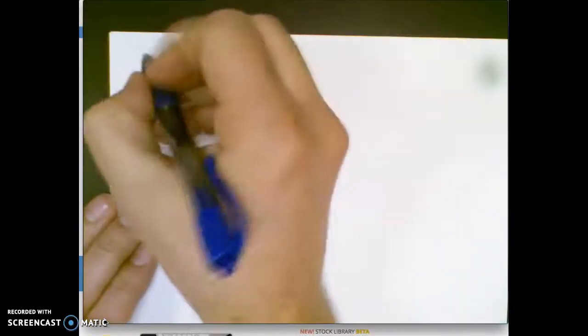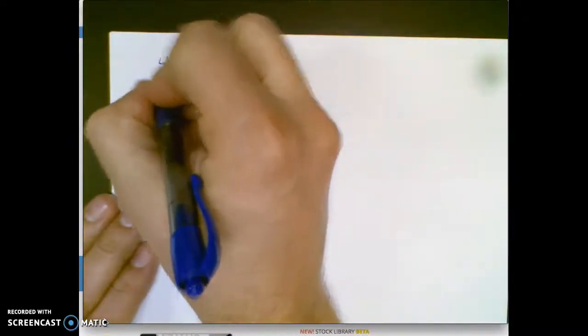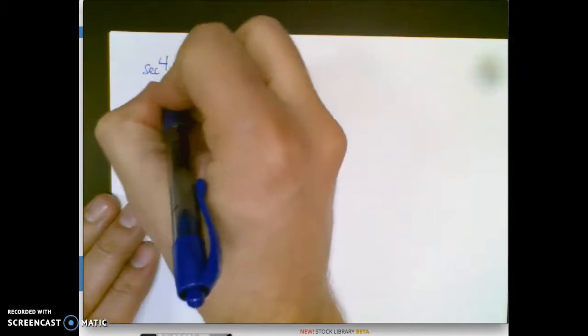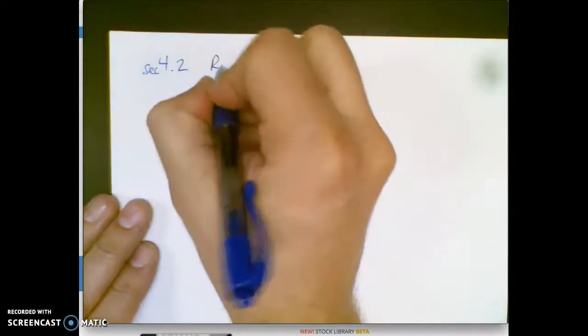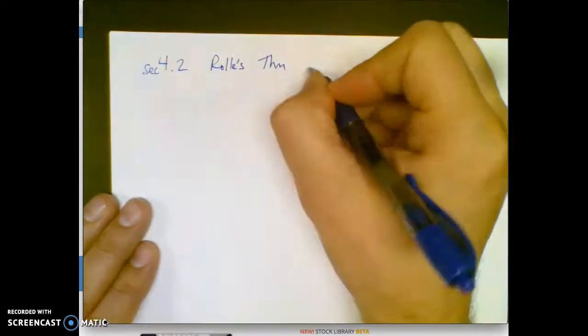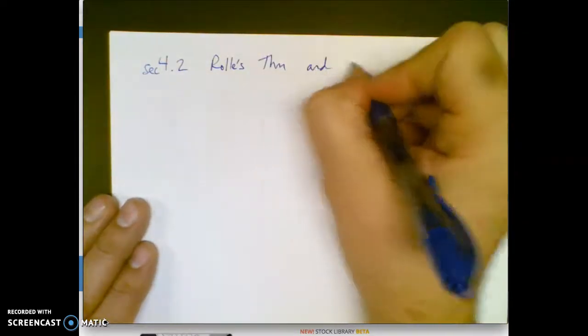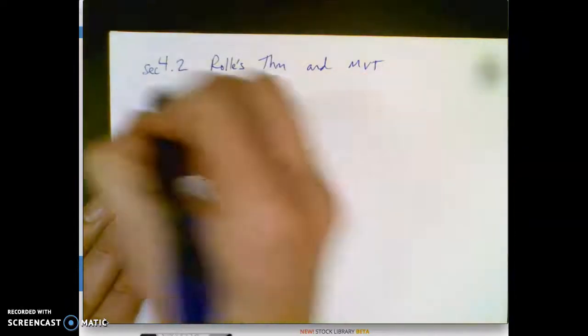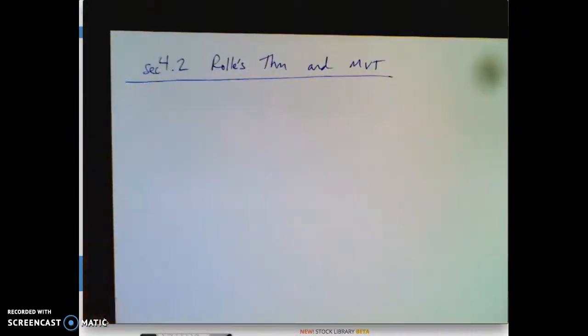All right, calculus folks. Here's a video on section 4.2, which is Rolle's theorem and the mean value theorem. So Rolle's theorem is what we're going to talk about first. It is